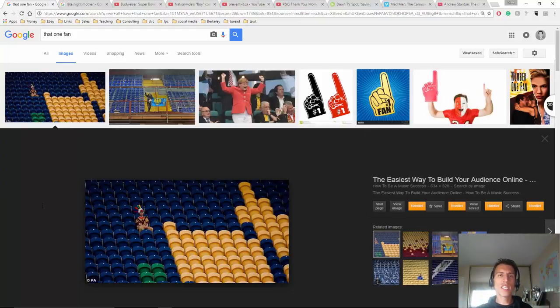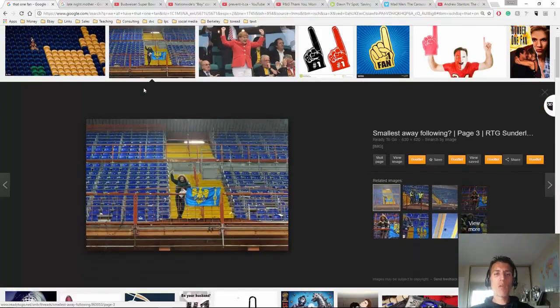If you like music or you're in something or sports, people can always relate to having that one dedicated fan, or you being that one dedicated fan. When they see pictures like this, they're like, yeah, that would be me. I'd be the only one there because I love that band, or I love that sports team, or that one fan that's there even in the rain. That is what they're going for: for you to see that and relate to that story of being that one person that's always behind your team.